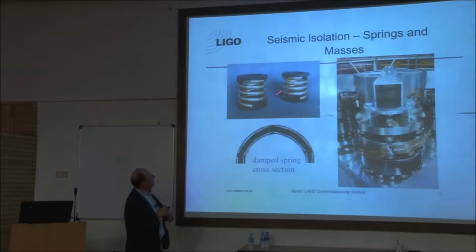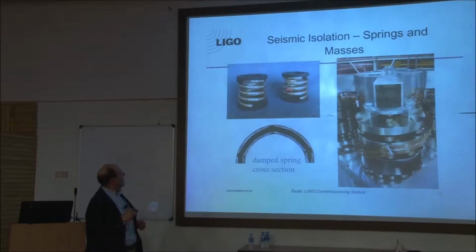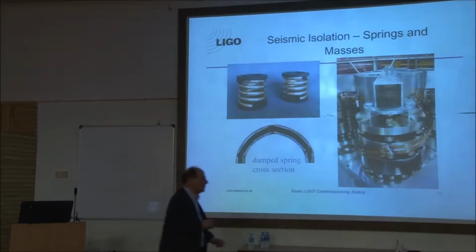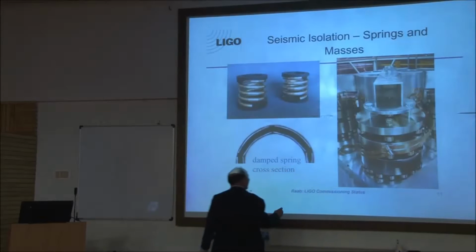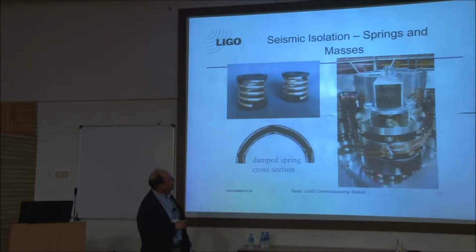Here are some pretty well engineered springs. These are copper tubes filled with a highly lossy elastomer to try to make sure that these peaks were as low as possible, and to make sure that the low frequency peaks also weren't too big. And here you can see those springs in place in a spring, mass, spring, mass, spring, mass stack. There's one, here's another, there's a third, and there were 4 of these around. The last spring is hiding